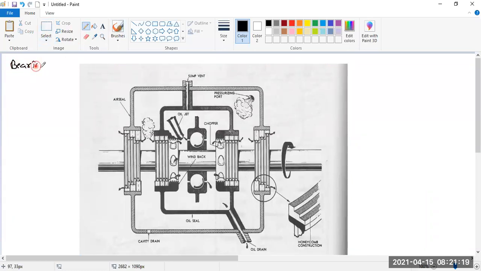Next one is the bearing compartment. This is the most important one that we have to study. In a bearing compartment, this is the bearing which has to be lubricated. Since it is rotating at a very high speed, the temperature will increase. So I will put the lubricating oil over here, to reduce the temperature as well as take away the heat from this and give it some amount of lubrication.